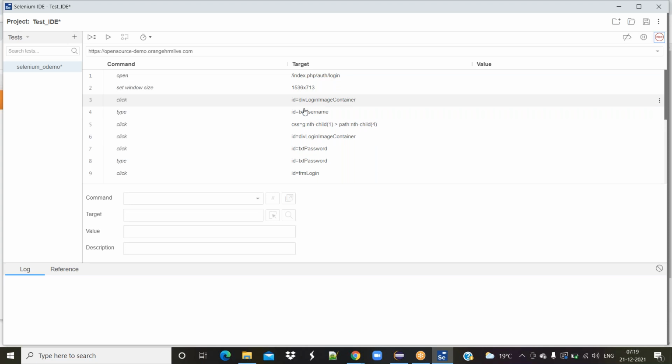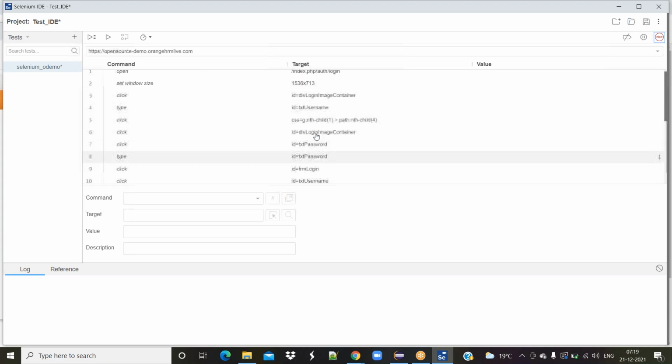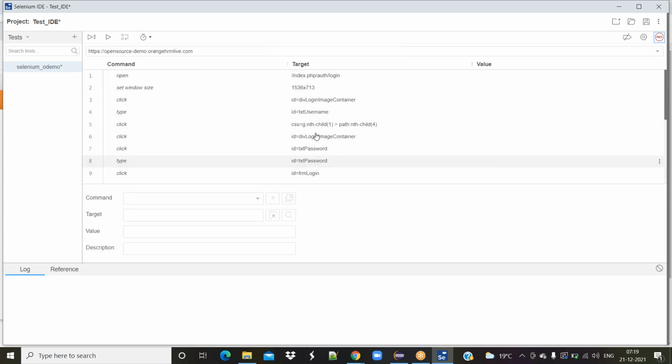The click, type, click. These are actions for deleting my credentials, which were already displaying there. That's why these actions are taken. Just give me a minute. I'll remove my credentials from my memory and I'll try to record it one more time.